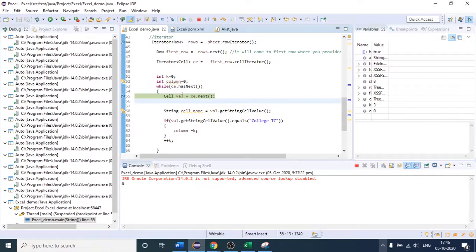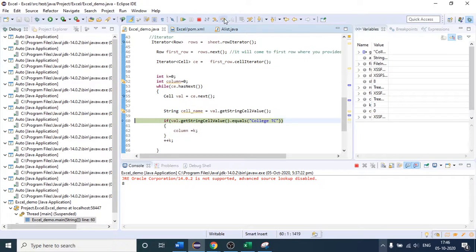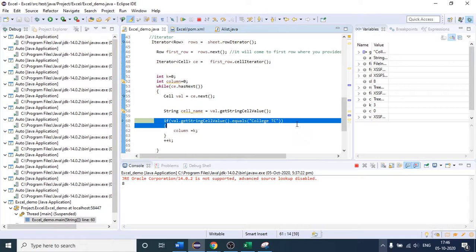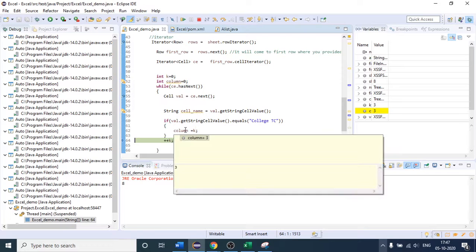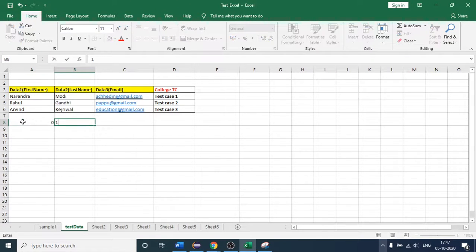After that, I am storing that last cell in this variable, which is VAL, and from that variable I am saying get me the value which is written inside that cell, get string cell value. If I say it like that, you see here Polish TC. This time the condition will become true, and I am going to get my desired column. So what is the column we got? Also I have shown you here. This is my first column, assume. If I come here, then one, then two, and this is my third column. So we reach here.